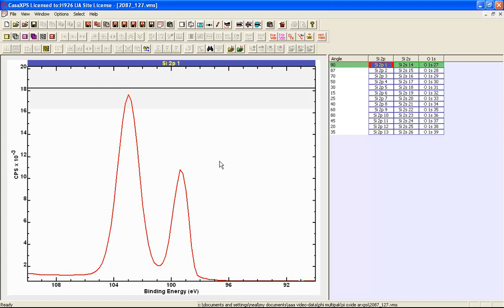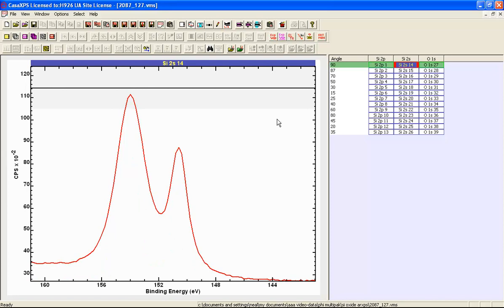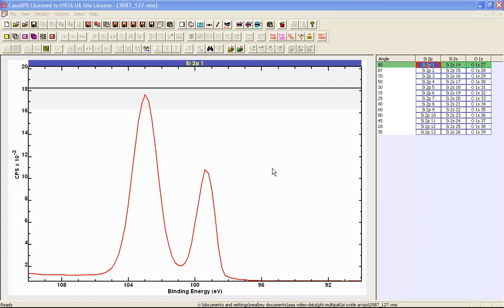So within these data we can see identical information from photo-emission peaks with very close energy in terms of the binding energy, and yet we see very different characteristics within the spectra. And what we'd like to do is look at the different line shapes that are required to fit these two different forms of silicon. Our ability to identify line shapes depends on the resolution of the data, and in this